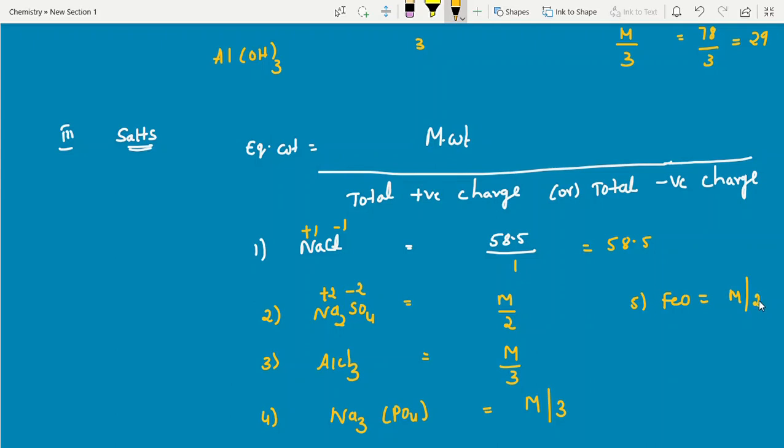Like this, easily you can calculate this number. Sometimes the answers they will give in terms of numbers, you have to simplify, otherwise leave it like this. Otherwise you have to go for calculation. Aluminum 27, each chlorine 35.5, so you can calculate molecular weight and then go for the simplified answer. Okay, now next question.